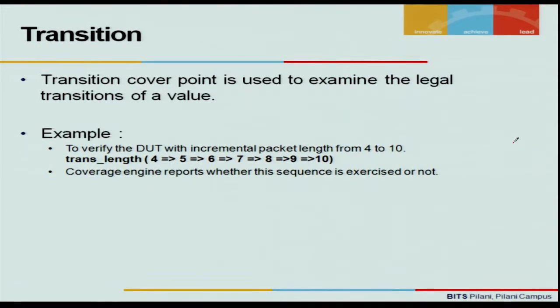So whether I'm covering all the transitions or not, if I want to cover that, there are ways to write cover points in functional coverage. So we can put that in this kind of statement where you cover transitions, whether my values are being transitioned from 4, 5, 6, 7 or